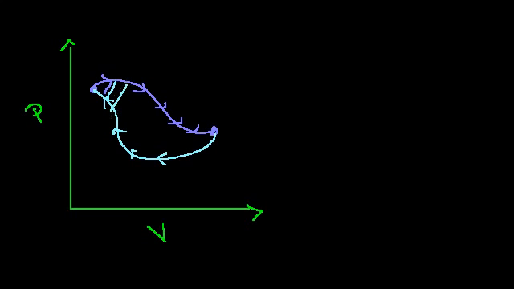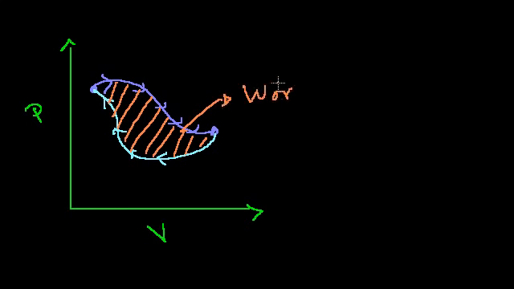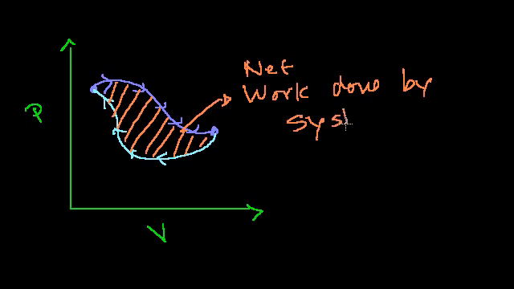So this is, let me do it in a different color. The net work done would be the area inside of this path when I go in this clockwise type of direction. So this is the net work. Let me write net work done by the system. And now we also know,